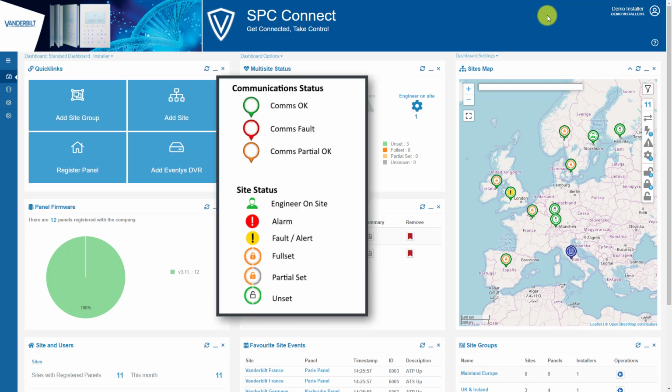So I think I'll quickly just explain what these site markers mean. The site markers are made up of two parts, the outside or the perimeter and the inside. The outside represents the communication status, and there's three colours. There's green, meaning communications are okay, so all the sites here have green perimeters, so the communication is okay for these sites. Red means that the communications is down with the site, and then orange would mean that perhaps it's